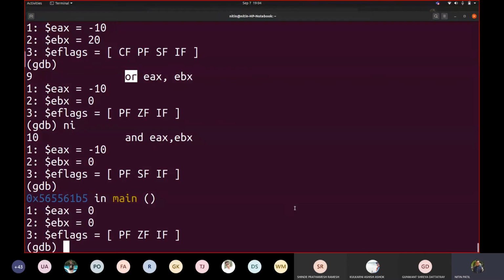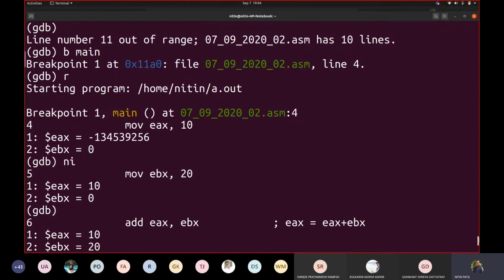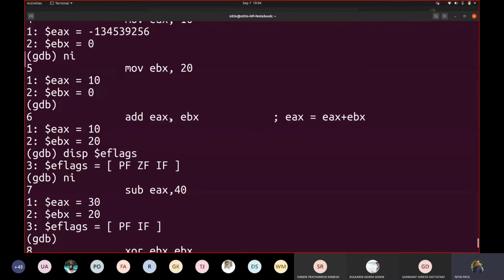Okay, so Ankita is asking a question. You were saying about when EAX and EBX were these. So this was the earlier setting before executing this add instruction, by default.